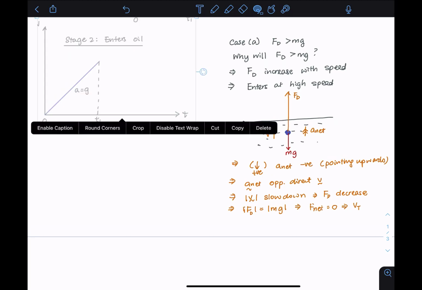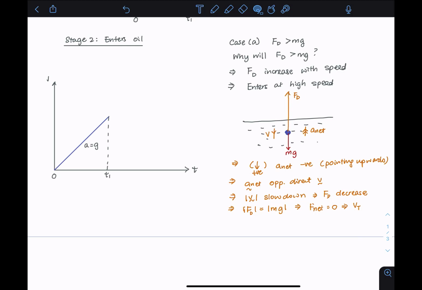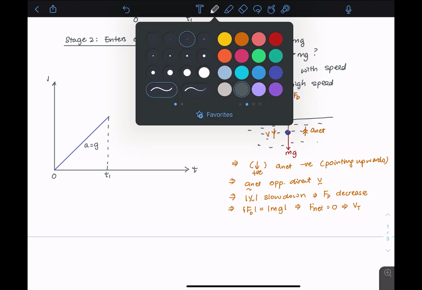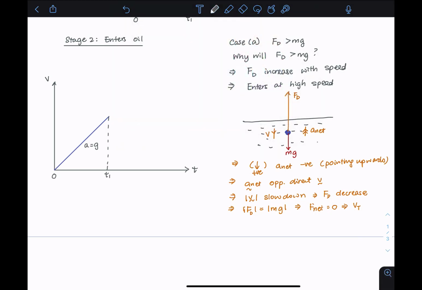Okay, paste the image, and let me fill this up. So this is our VT graph. What is going to happen next? Remember, we have taken downwards as positive,